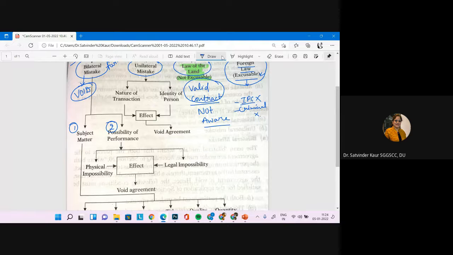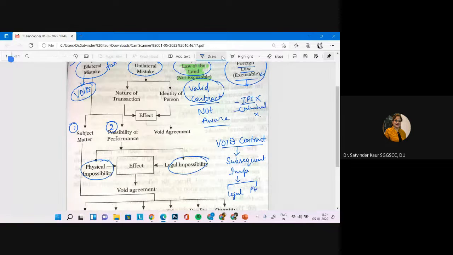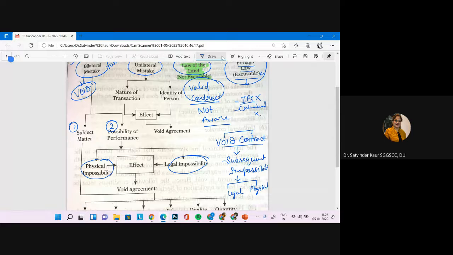Possibility of performance के अंदर आपकी physical impossibility हो सकती है, legal impossibility हो सकती है. तो उस केस के अंदर आपका अग्रीमेंट वॉइड हो जाएगा. यू मस्ट हैव रिमेंबर, हमने डिस्कस किया था वॉइड कॉन्ट्रैक्ट के ऊपर कि अगर आपकी सब्सिक्वेंट चेंज ऑफ सर्कमस्टांसेस हो जाता है और उसमें सब्सिक्वेंट इम्पॉसिबिलिटी हो जाती है, then the particular contract ceases to be enforceable by law, and इस subsequent impossibility में हमने legal impossibility और physical impossibility को डिटेल में डिस्कस किया था. वही चीज है, void contract कब होगा? जब हमने एंटर किया तो वो enforceable by law था, बट लेटर ऑन चेंज ऑफ सर्कमस्टांसेस के कारण, सब्सिक्वेंट इम्पॉसिबिलिटी के कारण, डिस्ट्रक्शन ऑफ सब्जेक्ट मैटर के कारण या लीगल रूल्स के चेंज के कारण it ceases to be enforceable